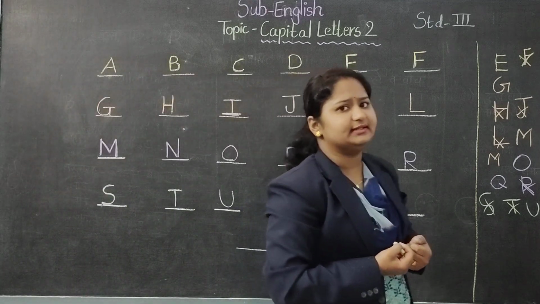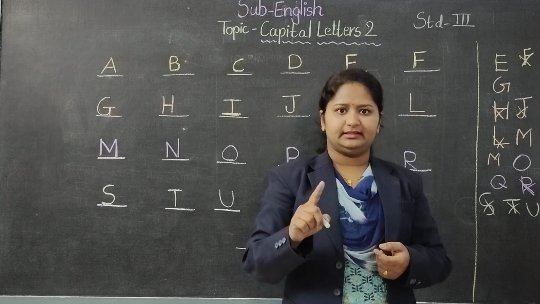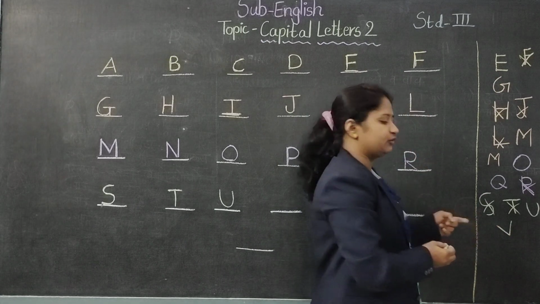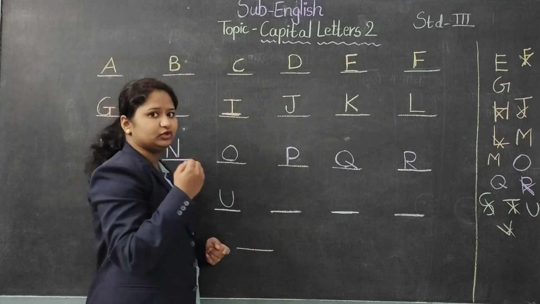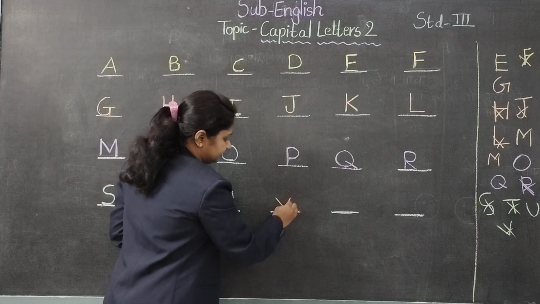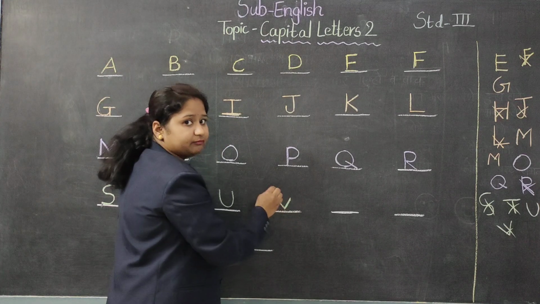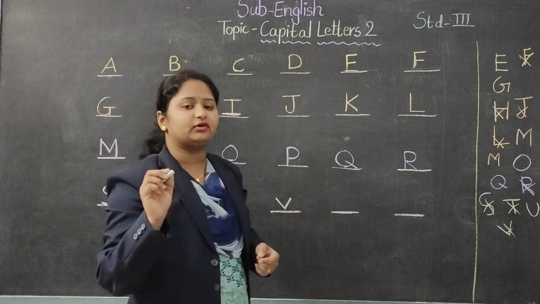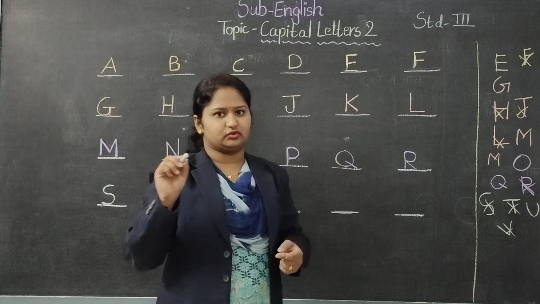There are two slanting lines in the letter V, and I have told you from right to left, but what some of the students do, they make the lines from left to right like this, in this way, but this is wrong. Okay, we'll see the right way. Two lines we need to draw V. Which are those lines? Two slanting lines, like one and then two. We don't have to make V like this. No, this is the wrong method. How do we write the letter V? One and two. Always for writing letter V, we have to start from the upper side, not from the down side, for both the strokes.